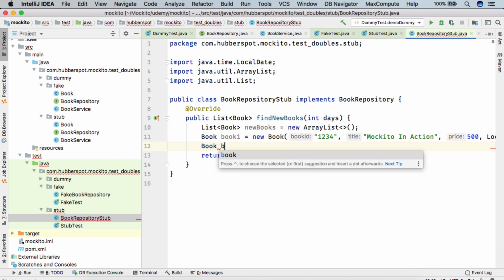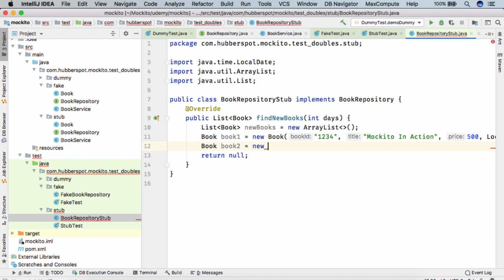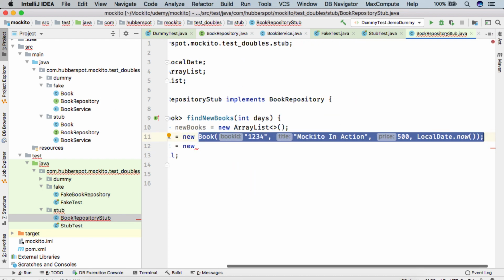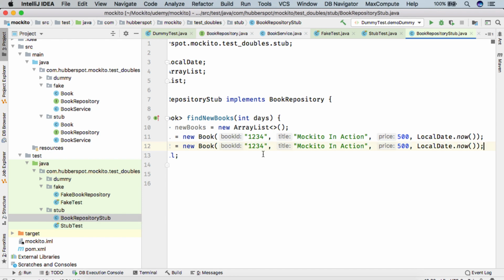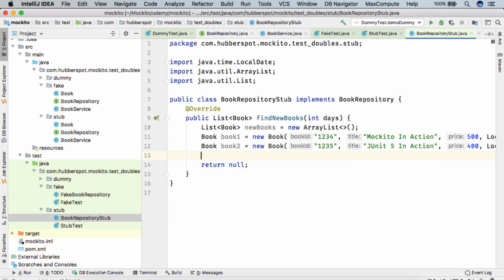Let's say we create book 2. Simply copy this and I give the ID as 1235 and title is JUnit 5 in Action, and let's say we give the price as 400. Also friends, then we'll add these 2 books into our new books.